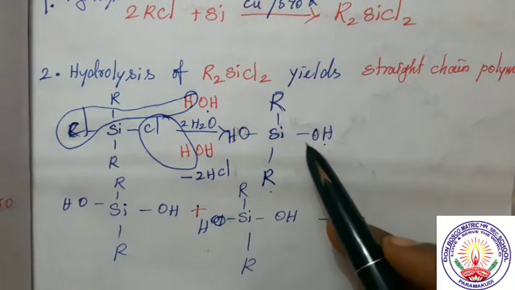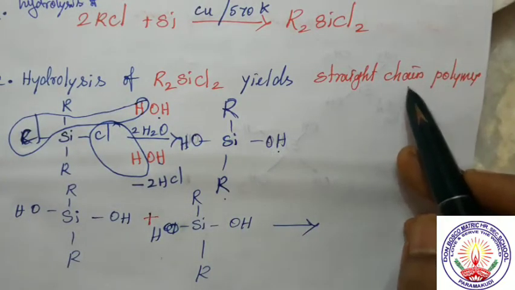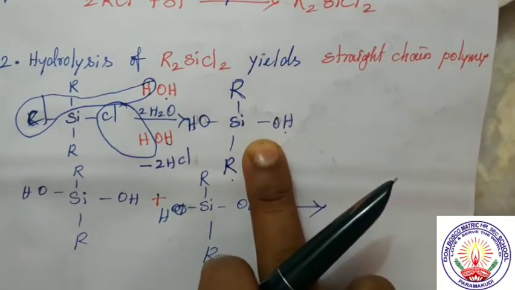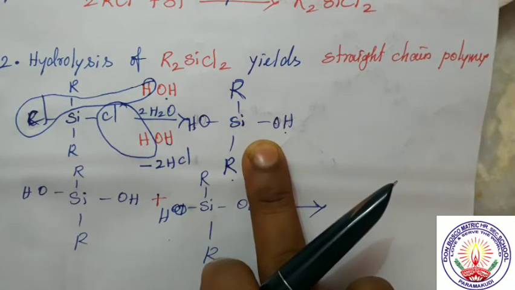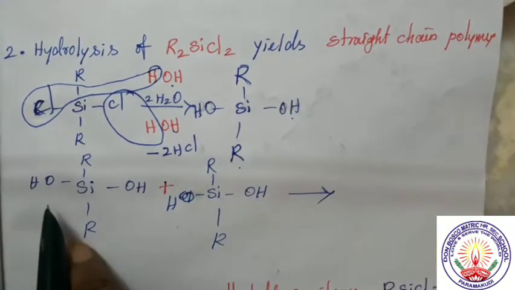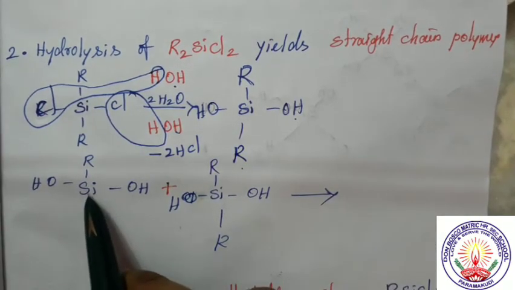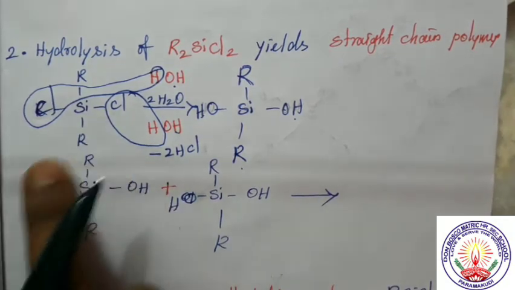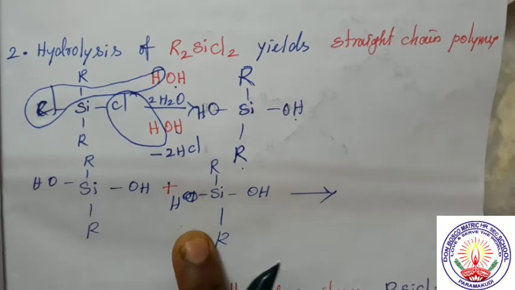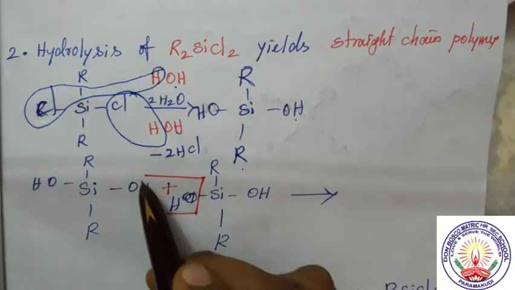Now we are having straight chain polymers. So when this monomer combines, poly means many, mer means unit. So many of these units combine, and we are getting a continuous long chain. Now you see, this is one unit, this is the other unit. So when these two units combine, what happens? This H2O will be released.